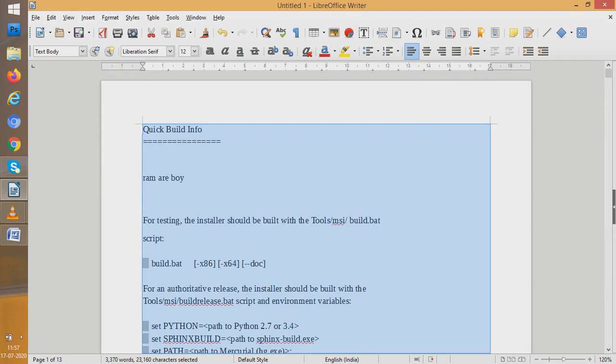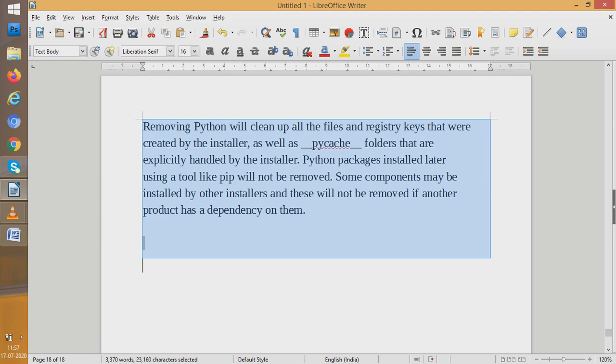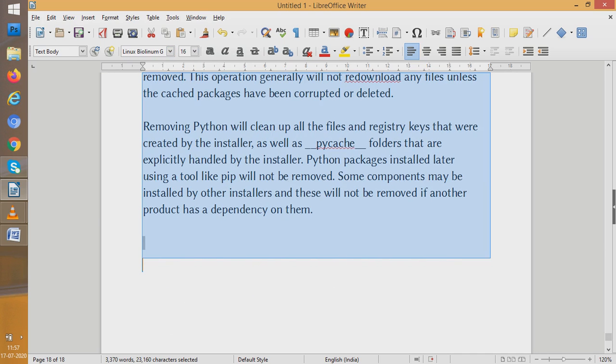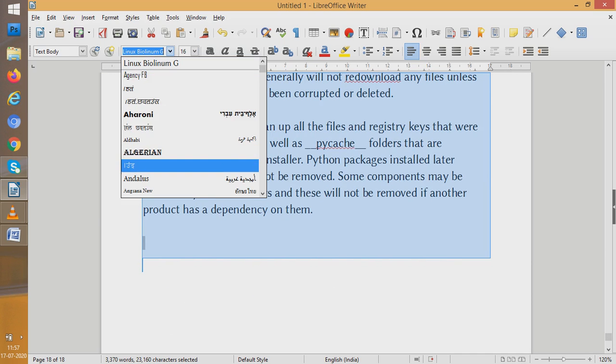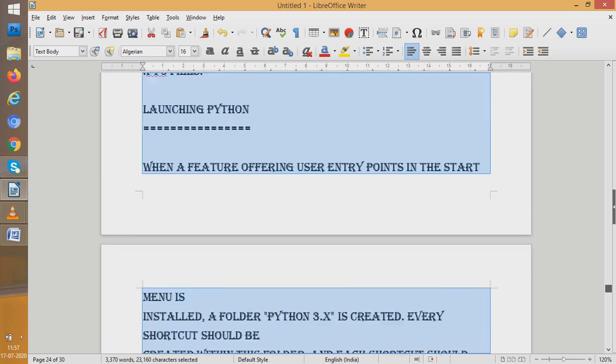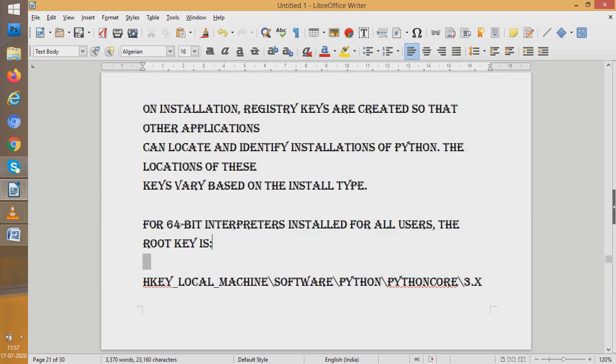So clear direct formatting, what it does? It clears all the formatting which had already been brought through copy paste, and now it is free from all sorts of formatting, and you can use your own formatting here. You can change the size, say 16, now size becomes bigger. You can change the font style. So I went to a different style. See, the style is changing. You go to any style, the style will change. Algerian, so the style is changing. So you can format it yourself. So students have understood that you can clear already existing formatting, and we can even give new formattings to the things.